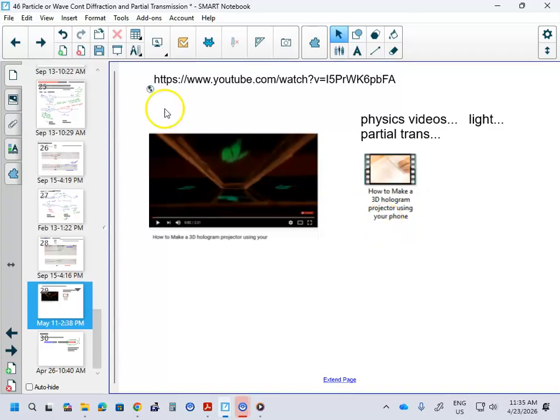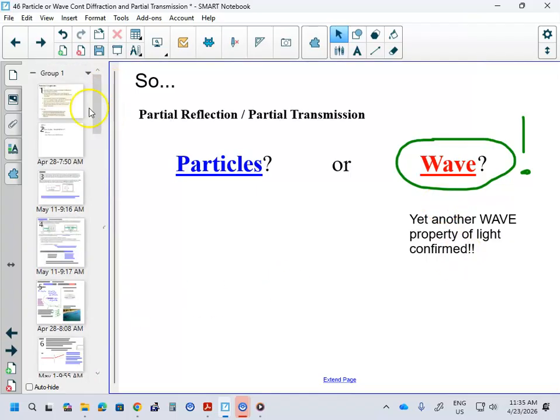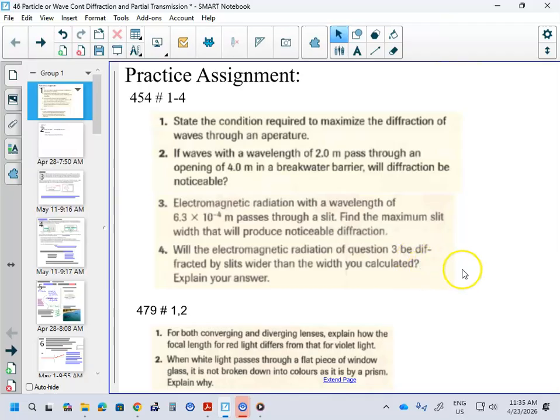I'll let you just watch those guys later if you're interested, but we're pretty much done here. So partial reflection, partial transmission: the theory of fits means nothing, but the fact that waves clearly do it, right? So light seems to do it, waves do it, obviously good evidence of wave behavior of light. So some questions there to do with this